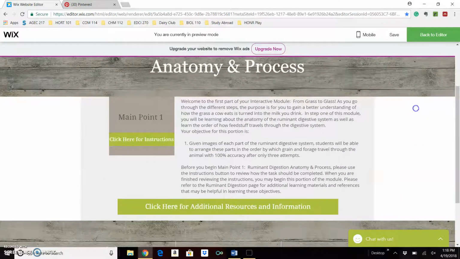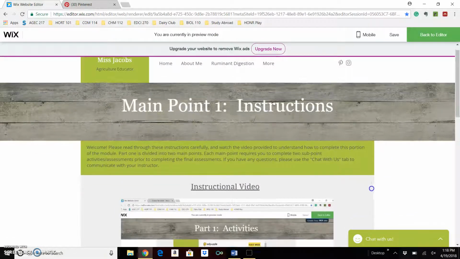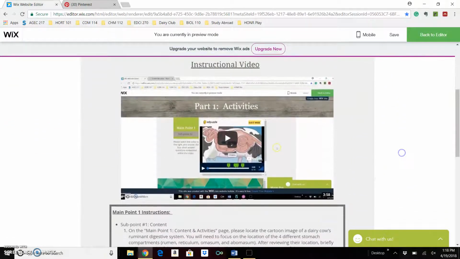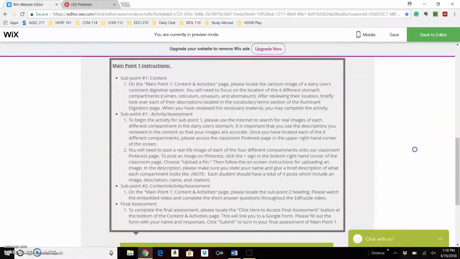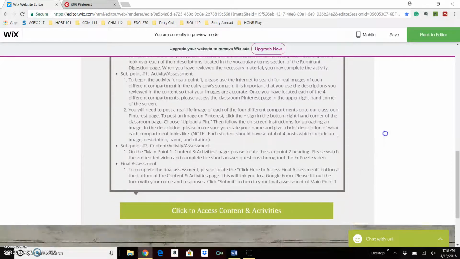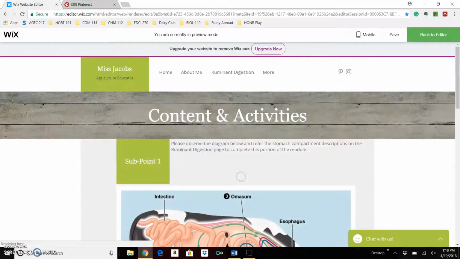On this page, it gives you a brief overview about what main point number 1 is going to be about, and then you're going to click here for instructions. On the instructions page, you can access a video, which I'm explaining to you now, and then as you scroll down, it gives you all the instructions in a text format if you'd like to go back and read them as you're completing it. When you're ready to begin your activities, you're going to click to access the content and